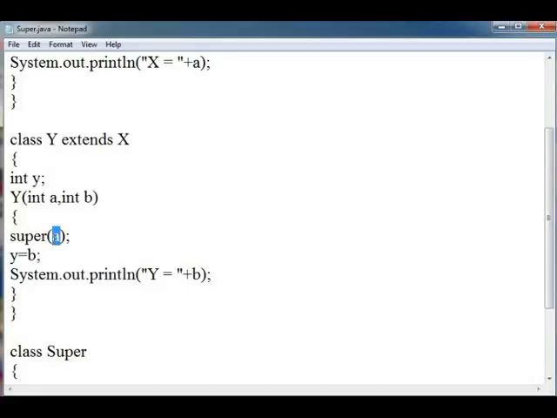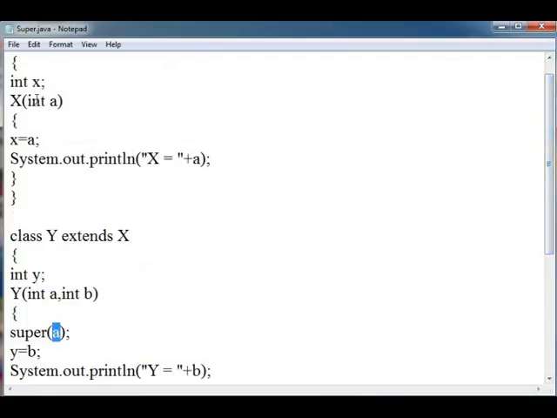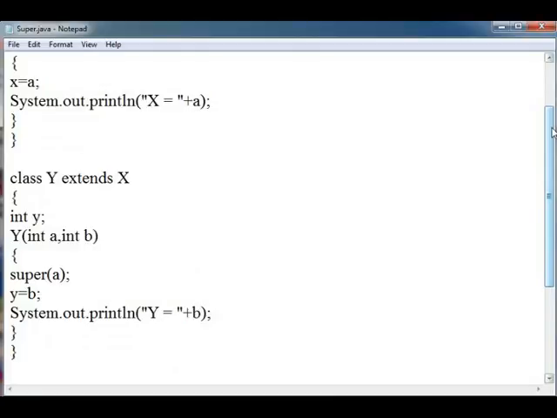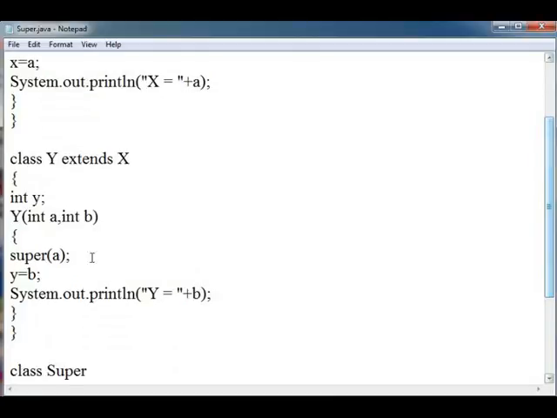What it will do, it will go to this constructor and pass this value to this and perform these two statements. So super is used to call the constructor of the base class. Then you can use any other statement you want. I am just assigning the value of b to y and then printing the value of b.